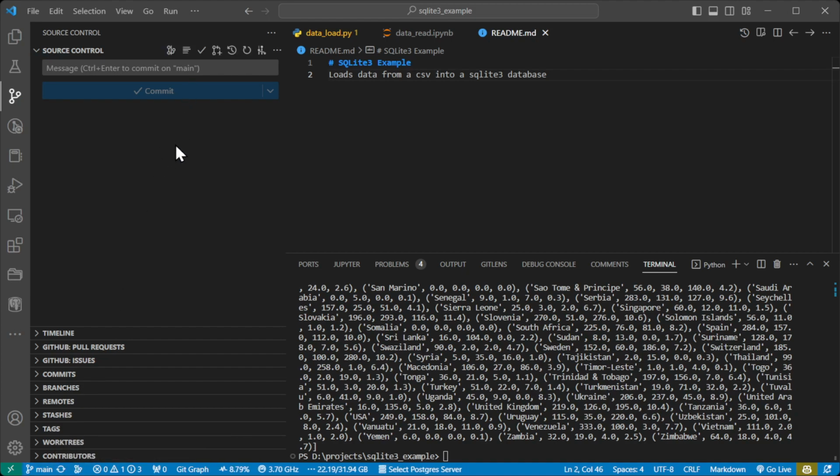There you go. That's my workflow using VS Code. In this particular case, loading data to a SQLite database using standard SQL, the insert statements that we know and love. There are 2 more examples of how to go ahead and load data to the database using pandas and also SQLite, which I will put a link to